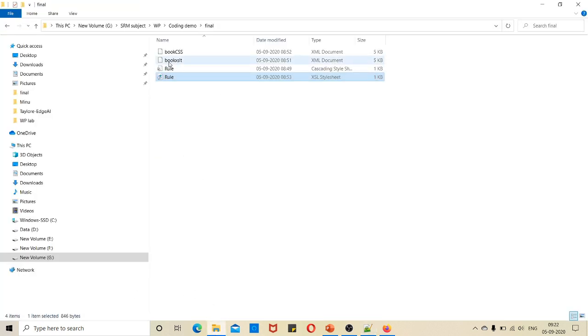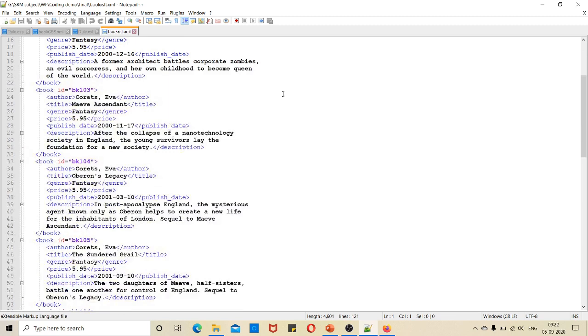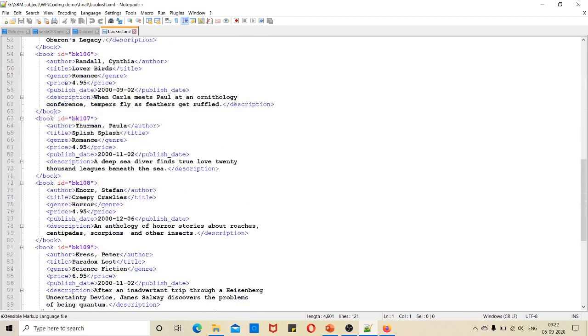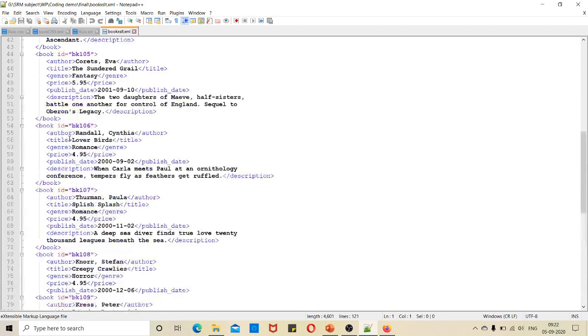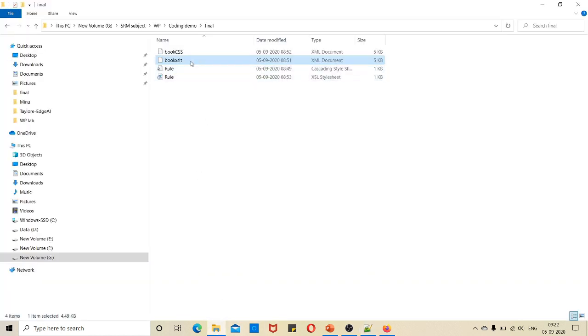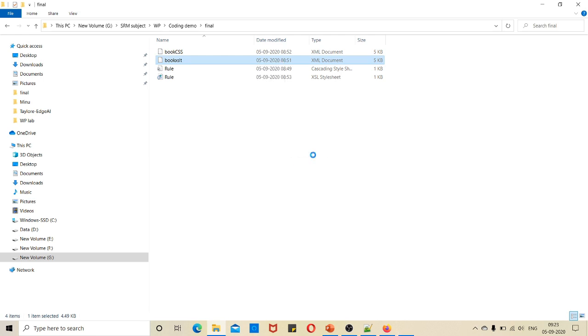And this is the XML file where I have embedded that particular rule.xml. So you can see that all the XML book elements are in the catalog element. So inside, catalog is a single element, and under that so many book elements were there. So this is the structure of the XML which I used for this demo. Now to run this code, you should run this XML file in any browser. In the last experiment I showed you opening the XML file using Mozilla Firefox. So now let me use some other browser, let it be Internet Explorer.